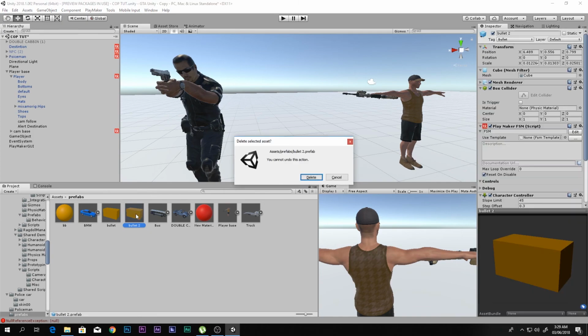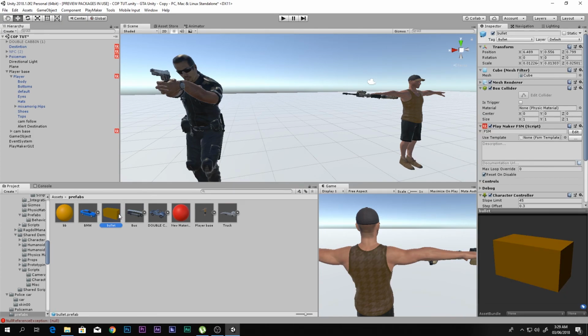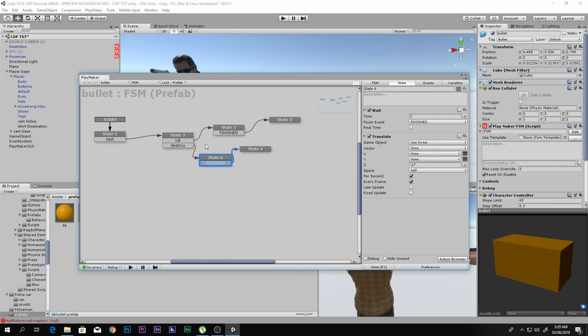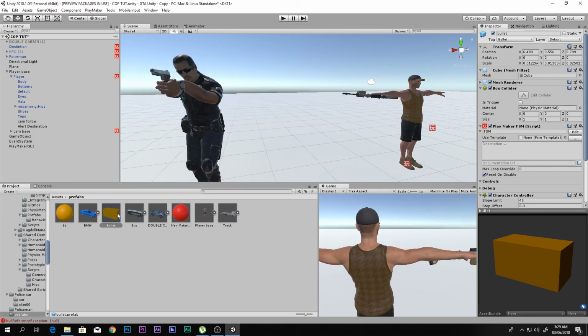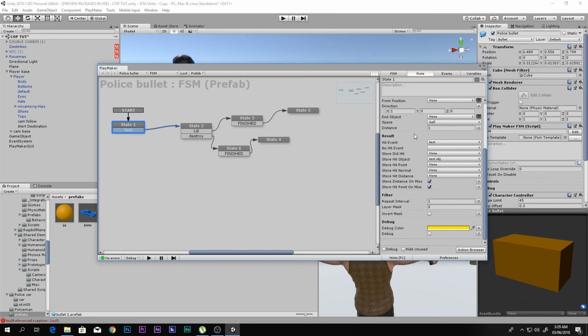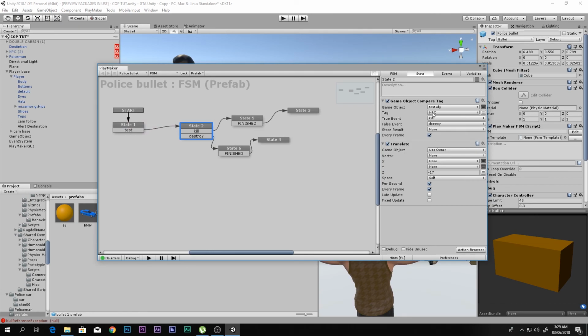Let's just delete these two. We made this bullet in the previous videos of the weapon system. This was our bullet which gets spawned, and this was the FSM for that. It translates and it can raycast and do that stuff, and bam and bam and bam. So we want to use the same bullet and do some tweaks in that. Let's just say Control D and change the name of this guy from bullet 1 to police bullet. All right, police bullet, and go ahead and say edit, and in here we want to do the same thing, raycast, and let's just change the tag of